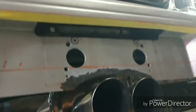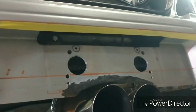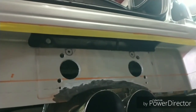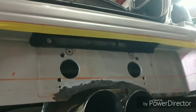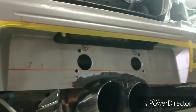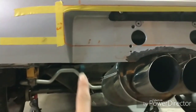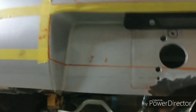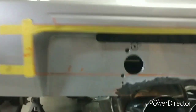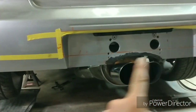Now it does have a pre-cut out slot on top, so that's where the lights went for the license plate, but obviously we're deleting that, we're getting rid of that. So because of that, I'm going to have to seal all that back up, but it's a lot easier when the pocket here is already predetermined and pre-made. So it makes my job a lot easier to be able to just lower that down to the desired height